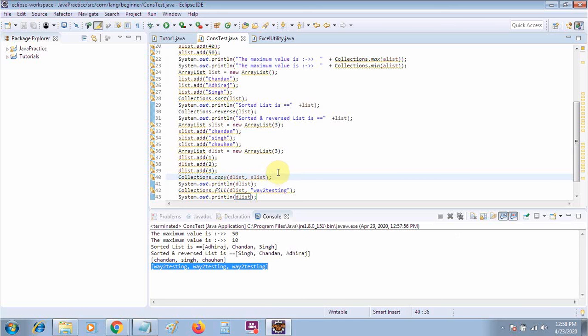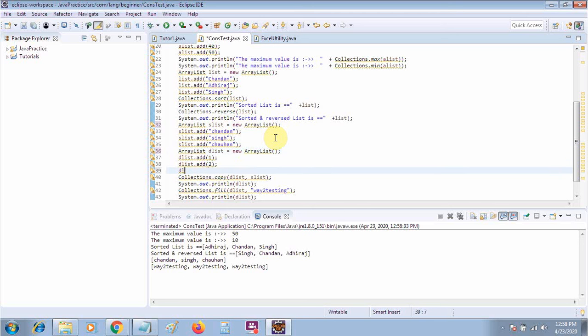Now what will happen if I change the size of this one? It will give me a runtime error, meaning an unchecked exception will appear. So I'll run this one. Suppose that it is not appearing. It should show the exception like index out of bound exception.